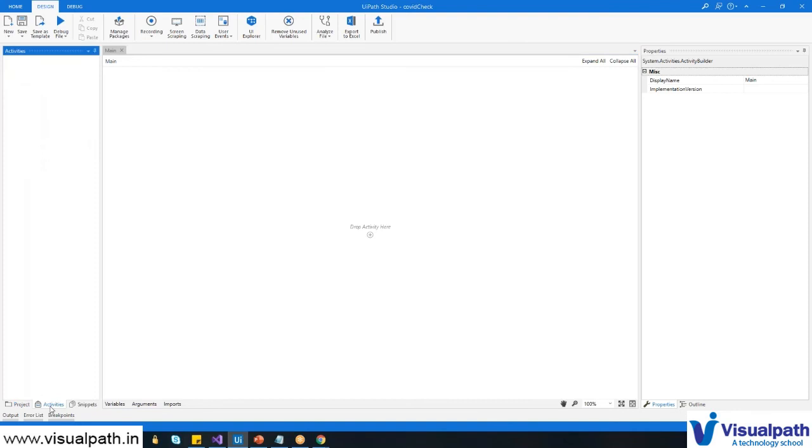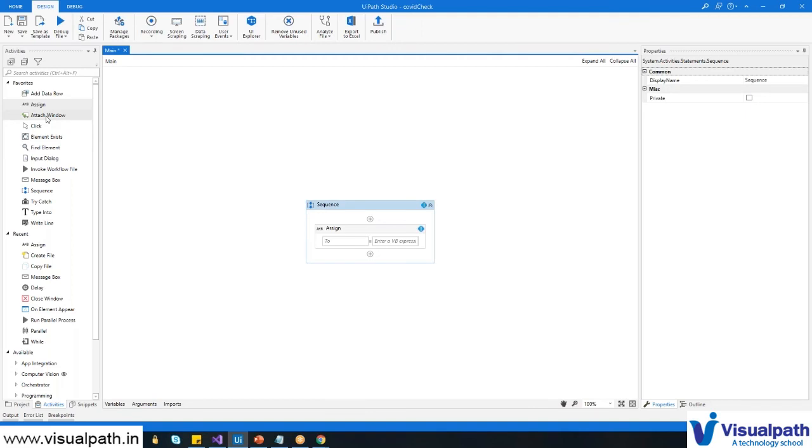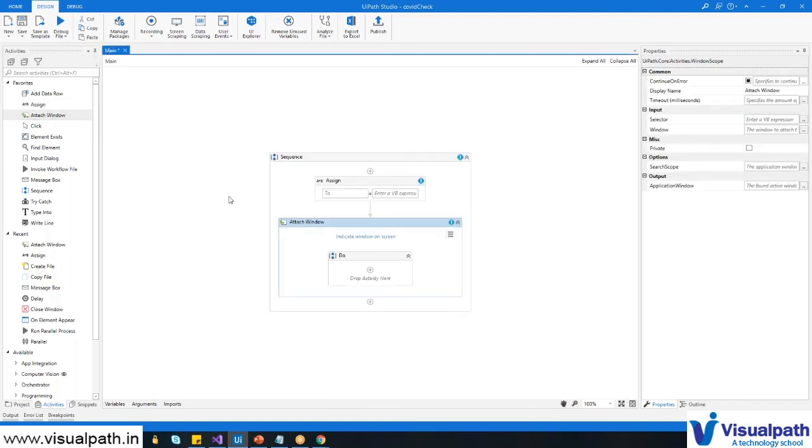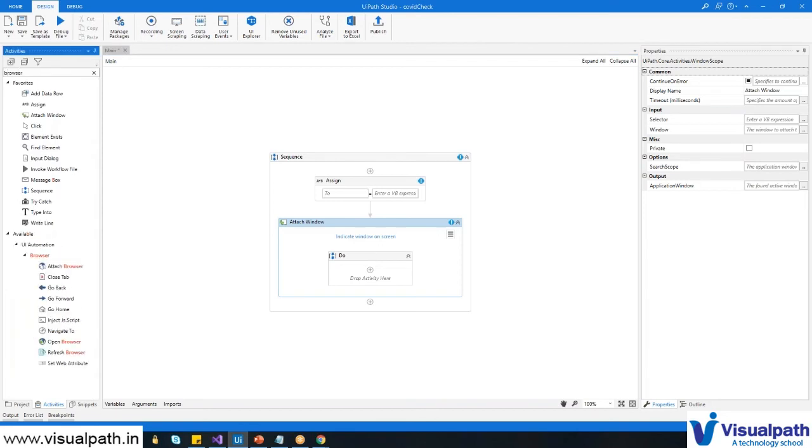You play around once you start working on this. The only thing I can say, again and again I'm mentioning, is that this is only a drag and drop tool. Drag like this, drop it. How to drag is what you're going to learn. But if I want to do some process, there are a lot of features available here. If you want to work on browser related things, when you type browser, you can see open browser.